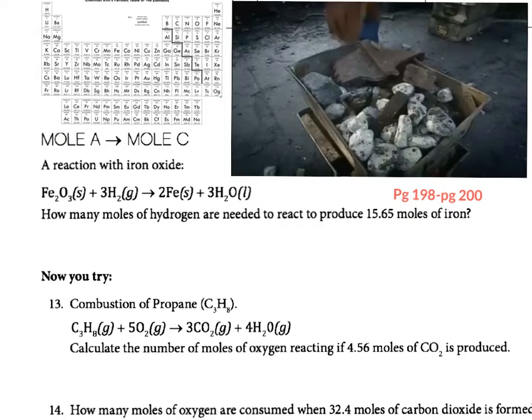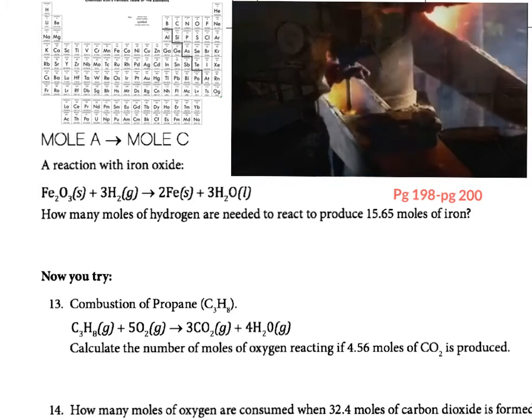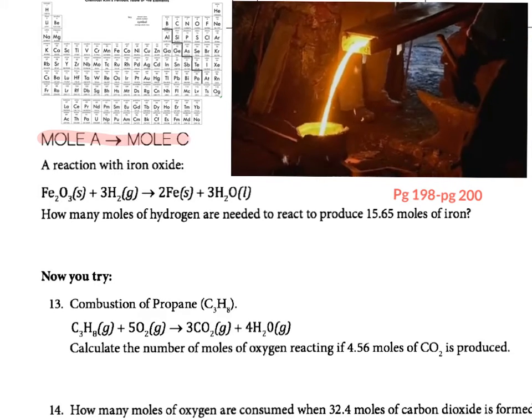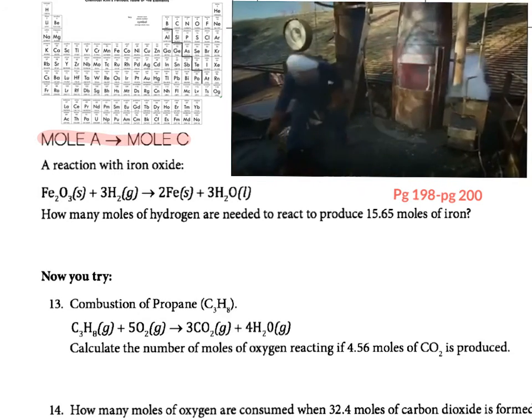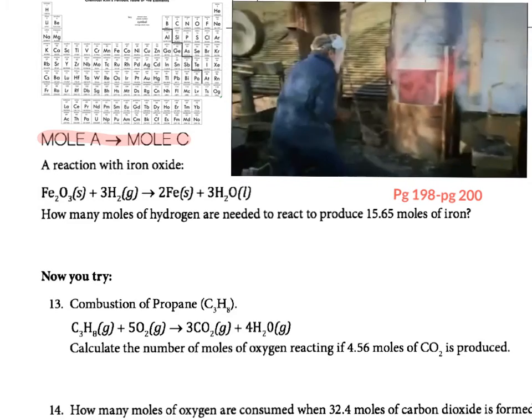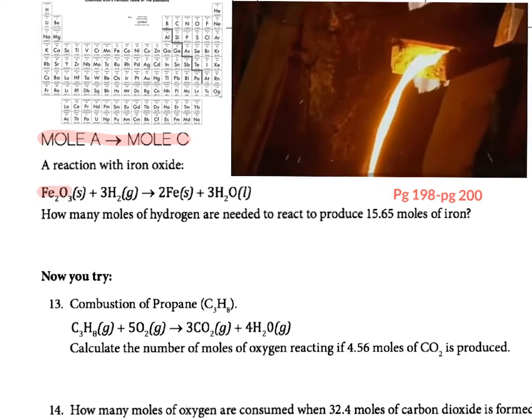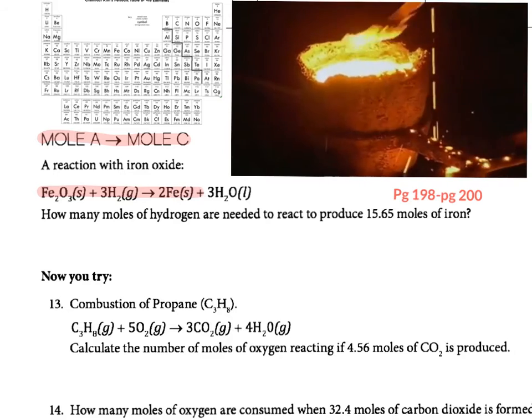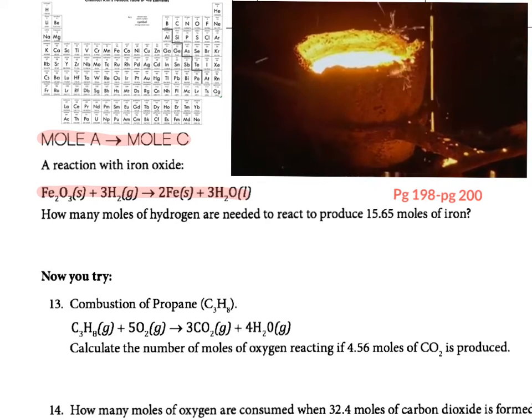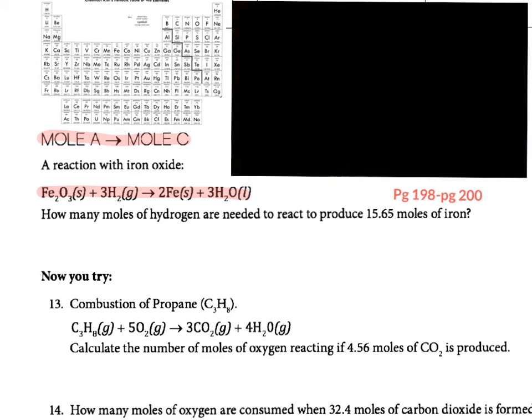So the first problem involves going from a mole of A to a mole of C. So moles of one material to moles of another material. And the reaction we're looking at is Fe2O3 plus 3H2 to produce 2Fe plus 3H2O. And the question states how many moles of hydrogen, which is the H2, are needed to react to produce 15.65 moles of the iron. So what I like to do when I approach a problem like this is to first